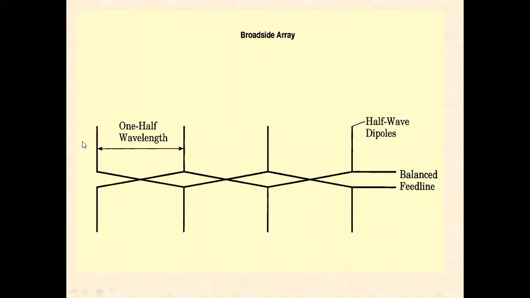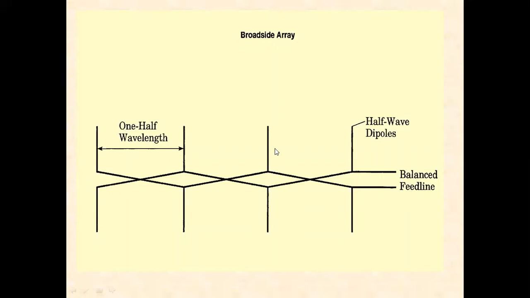These elements are nothing but half wave dipoles, and there is a transmission line, a balanced feed. The line is coming like that. It is touching one element of the half wave dipole, the next element of the half wave dipole, and so on. This is another feeder line, another wire of the feeder line. It is touching like this.